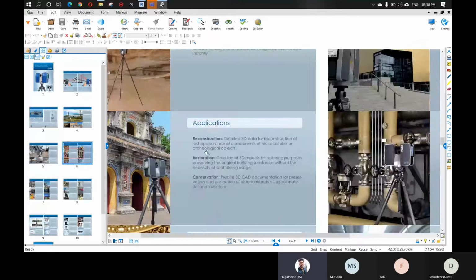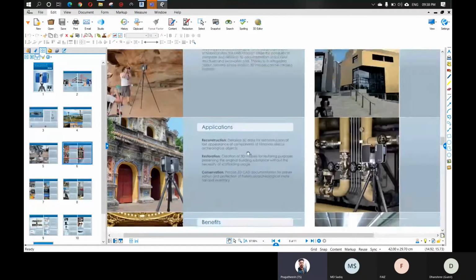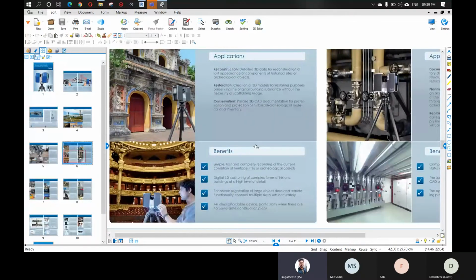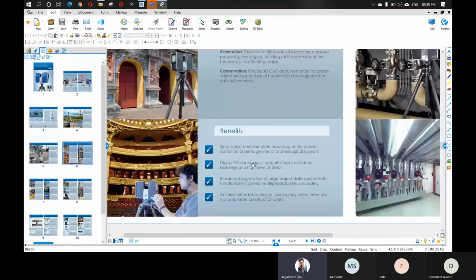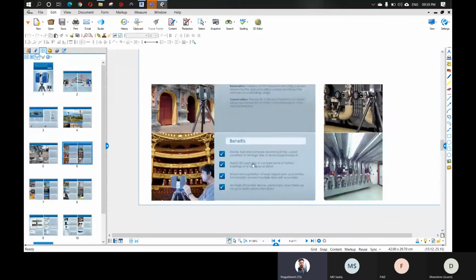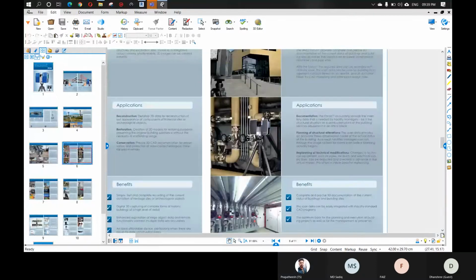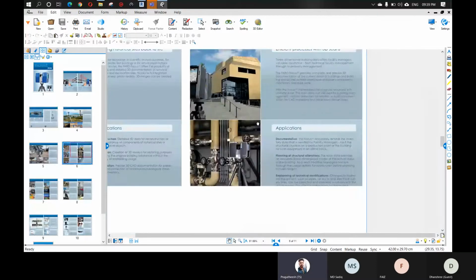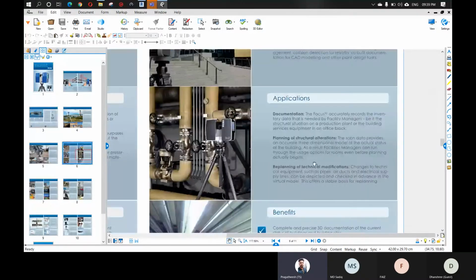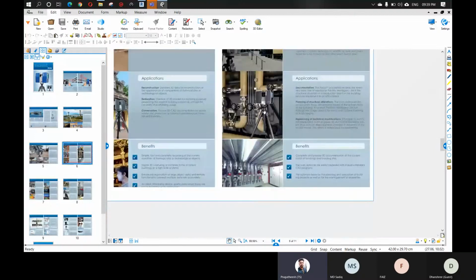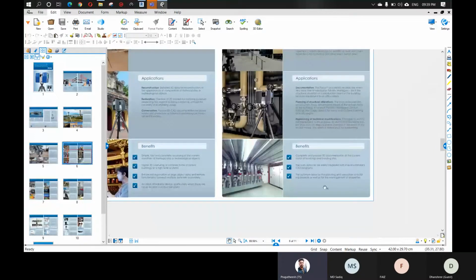The applications are reconstruction, restoration, and conservation, and the benefit, as I said, is a simple, fast, and complete recording of the current condition of heritage sites or archaeological objects, etc. And as I said, it is easier for documentation and planning of structural alterations and replanning of technical modifications. It saves our time.